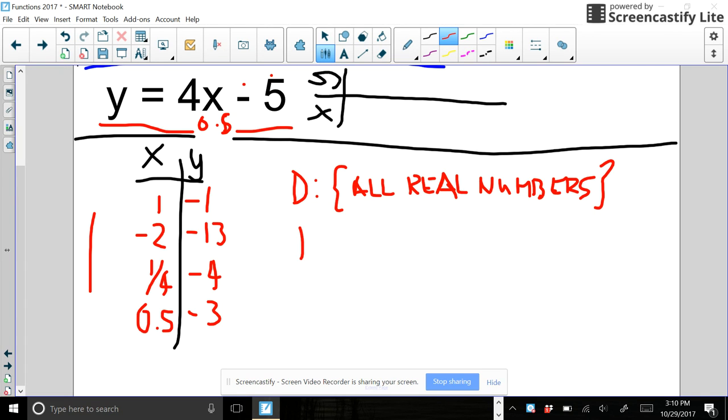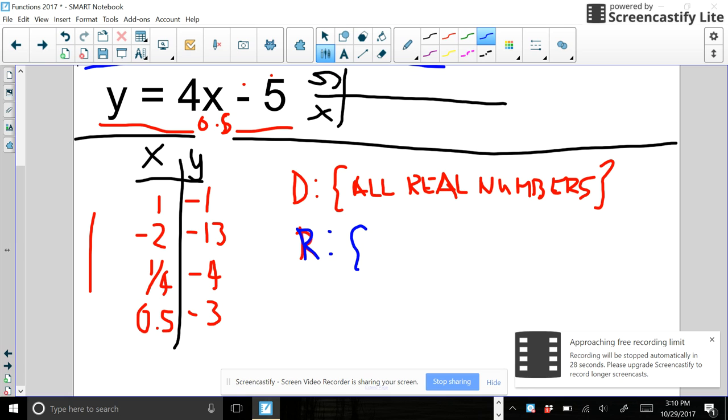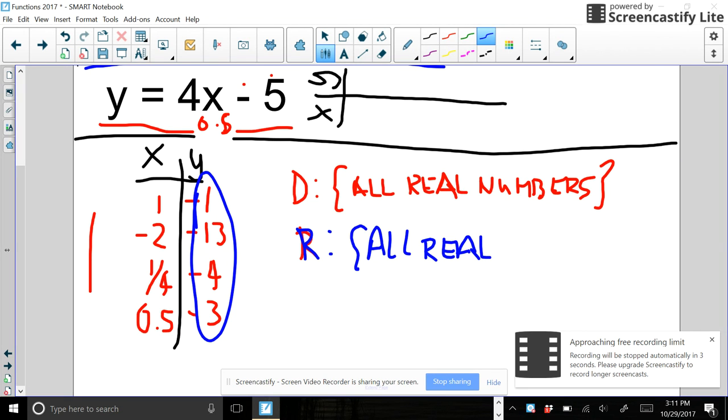Now our range, so let's think about that. Our range, if we were plugging in any real numbers we wanted, we probably could have gotten any kind of numbers over here as our range, right? So if you can put in all real numbers and times it by 4 and subtract 5, you're going to get all real numbers back out of your function. So that means our range is going to also be all real numbers, because it is possible to plug in decimals, fractions, and negatives and get out